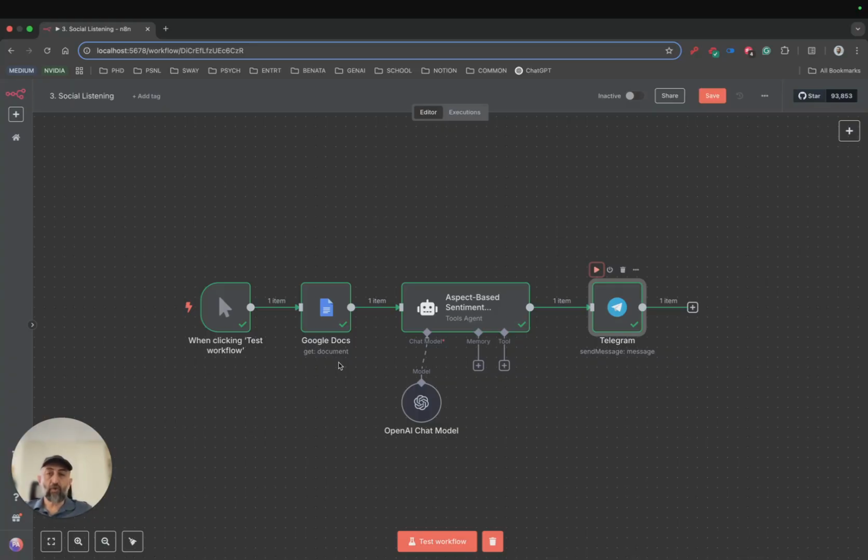Let me first show you how I did this from the terminal side, and then I'm going to come back to the N8N platform and show you how I built the solution within this platform.